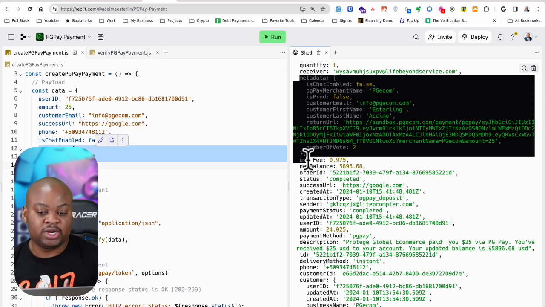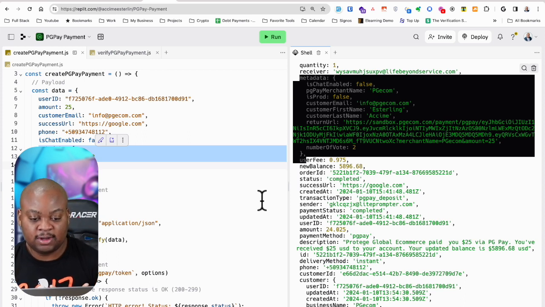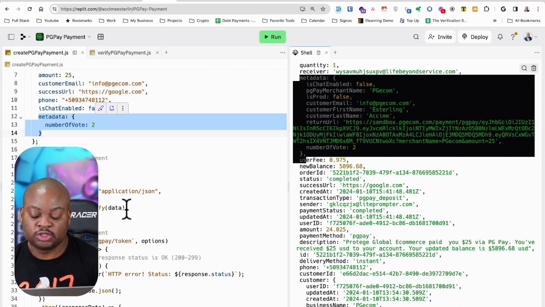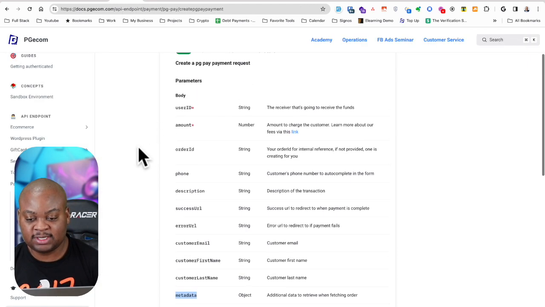And you can build whatever system that you want to build in order for you to be able to accept payment with it, which is super cool. So that was PGPay, and I hope you guys enjoyed building with it and accepting payment with it, just like